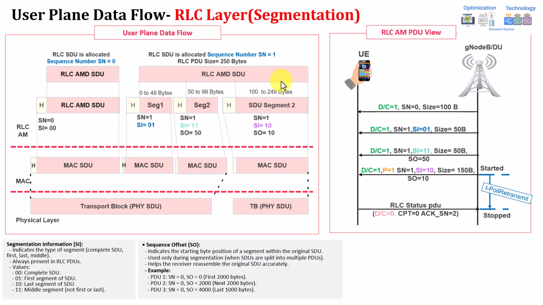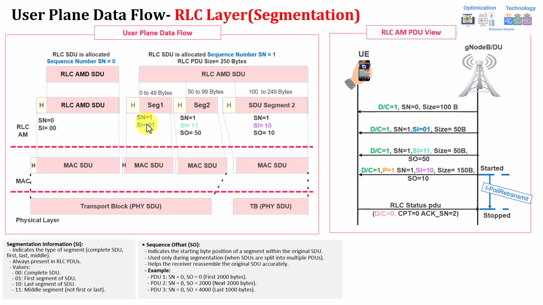But assume now that this one is a big one, having a big size, and it's not fitting into one MAC SDU, or it's not fitting in one transport block, and needs to combine two different transport blocks. The size was big, so it needs to be segmented from the RLC layer. So what will happen at that time? As you can see, the RLC will decide the segmentation. So it will do a segmentation into 3, for example, here for this 250 bytes.